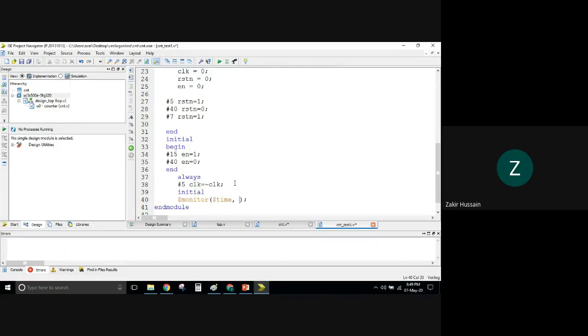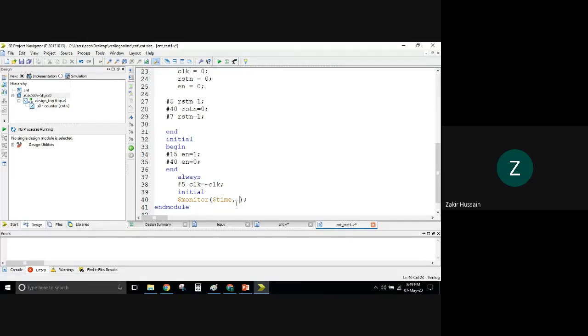We have discussed system task and system function. $time we are using here. The difference between system task and system function is that a system function will return. In this case, $time will return the simulation time. $monitor is the system task.